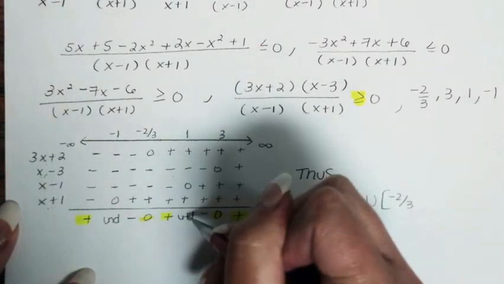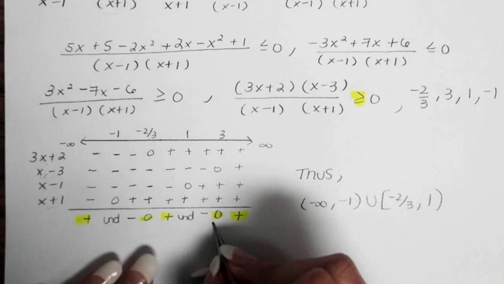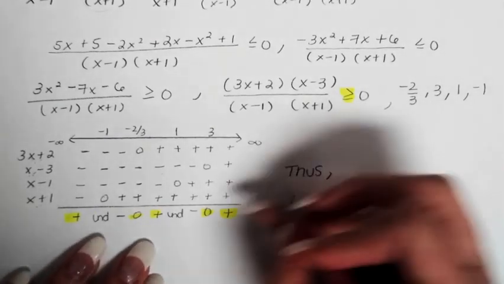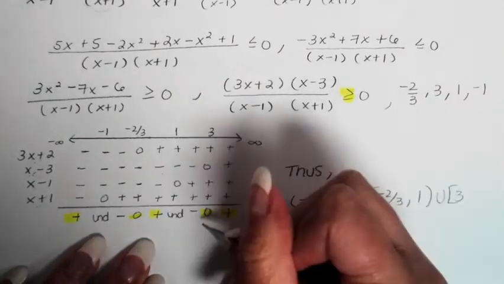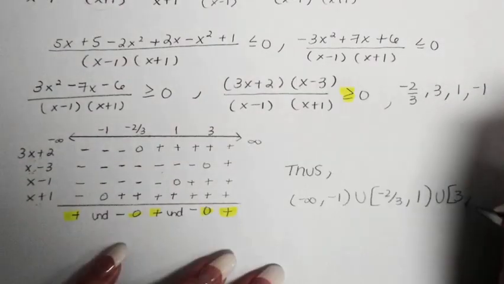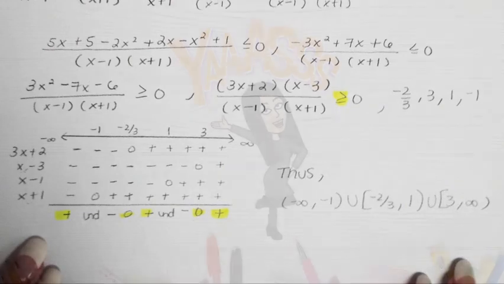Okay, and moreover you have another interval here, union. So what's going to be the other interval? Well, it's going to be from 3, which you do want because it's 0, and then to infinity. Okay, and that's pretty much it. Hope